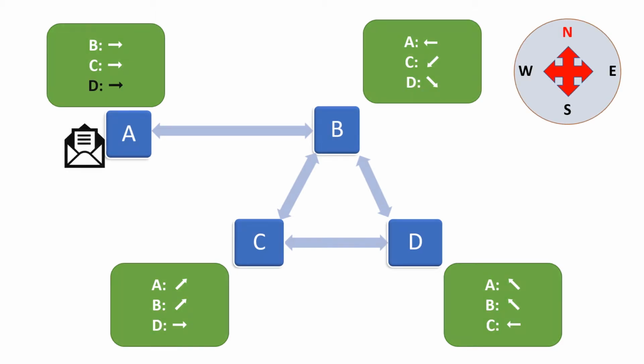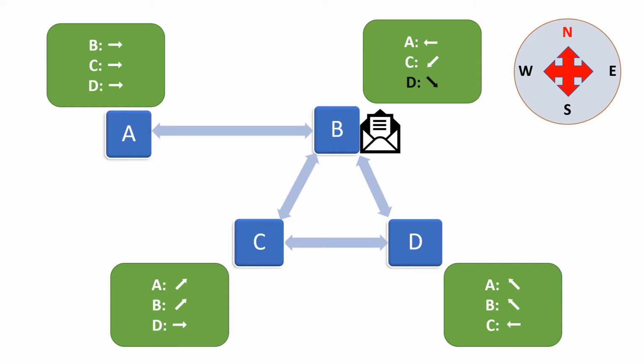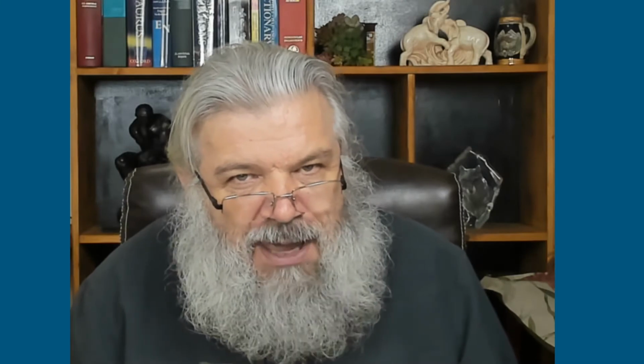So just by way of example, if you have a message at node A and it needs to get to node D, then the routing table at node A will say, well, go east if you want to get to D. When it gets to the next hop, that would be node B, it can look in that routing table that tells the packet to move southeast. And then suddenly it is at its destination. It has arrived by simply following the indicators in these routing tables. Just as an aside, you can see that there are alternative routes to get from A to D.